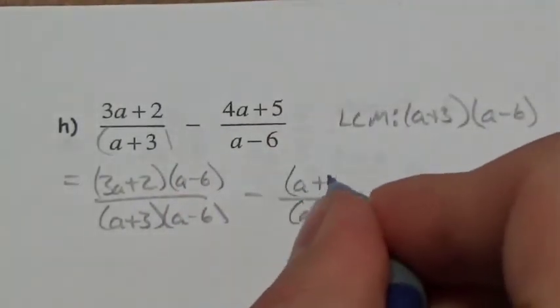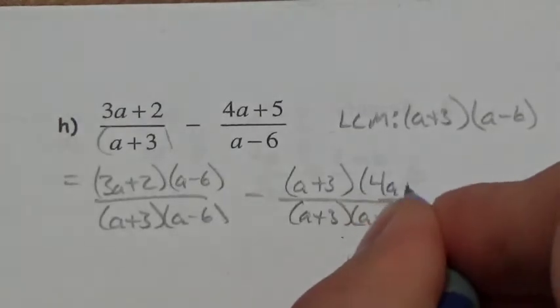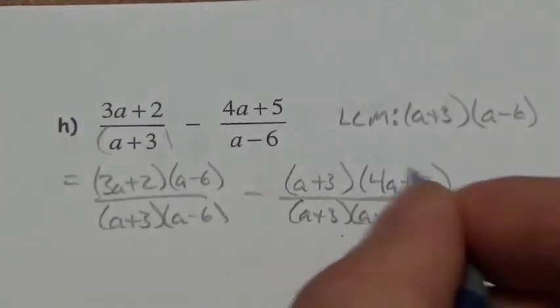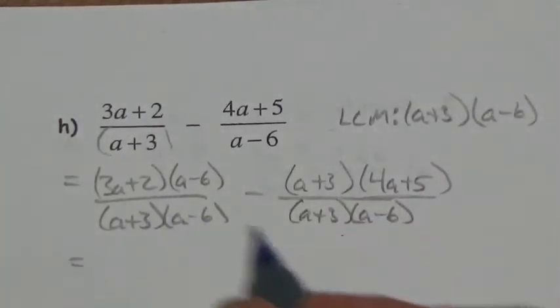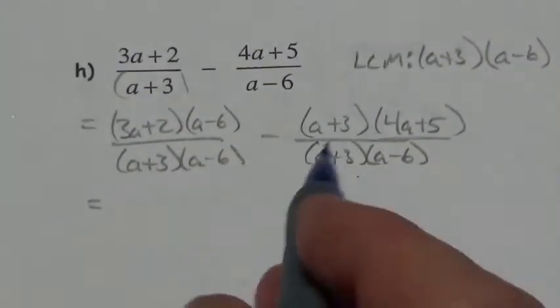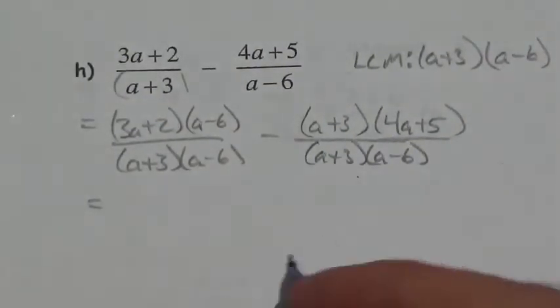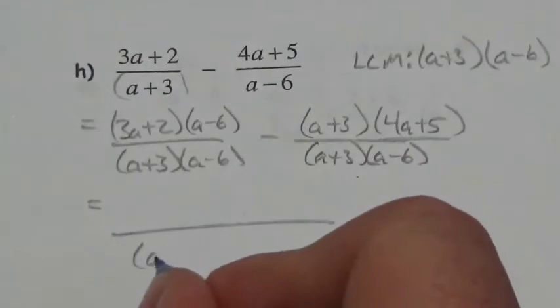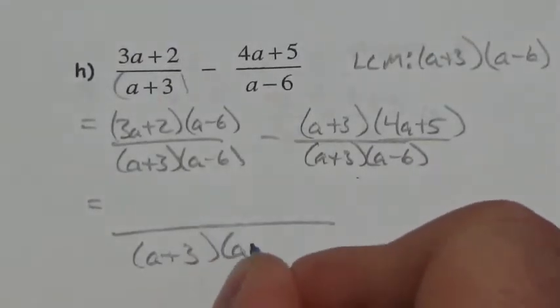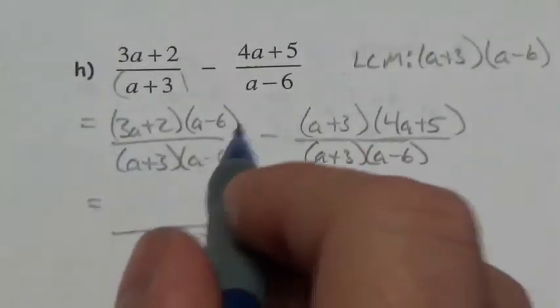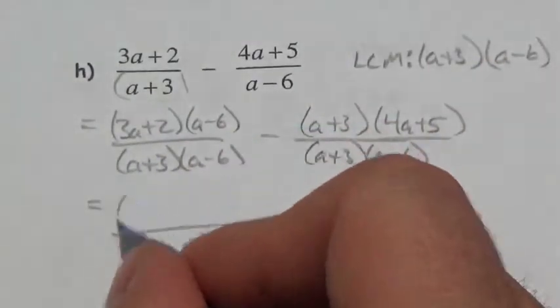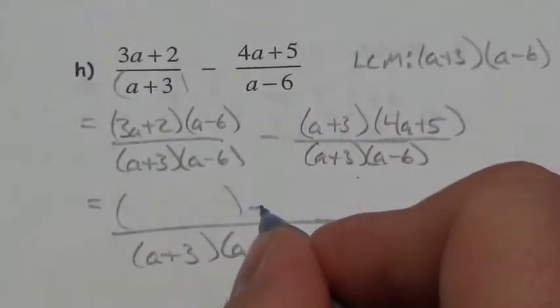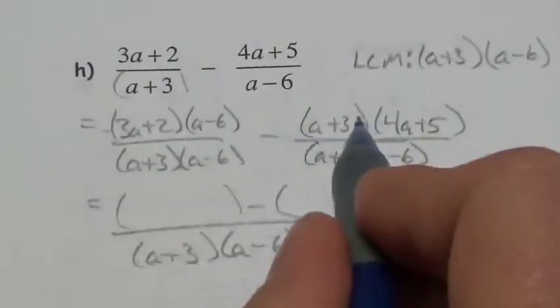And here, this will be a plus 3 times 4a plus 5. And remember, you can do the multiplication in whatever order you want there. I'm just trying to do it to be consistent with what I have in the denominator. So this will be a plus 3, a minus 6. And then I'm just going to expand out the numerator. Now I'm going to put this in parentheses first. The negative in between these two expressions